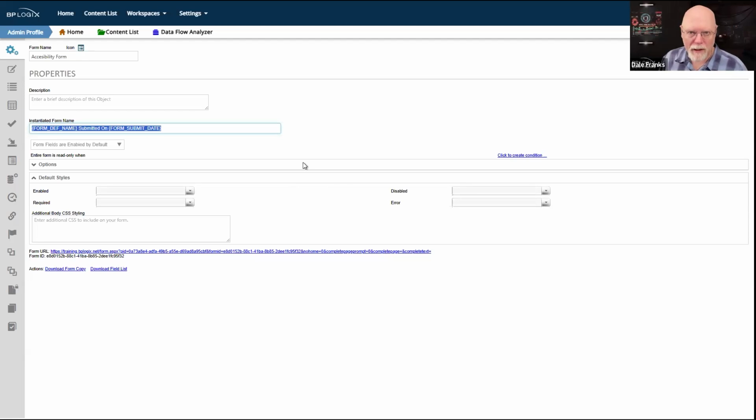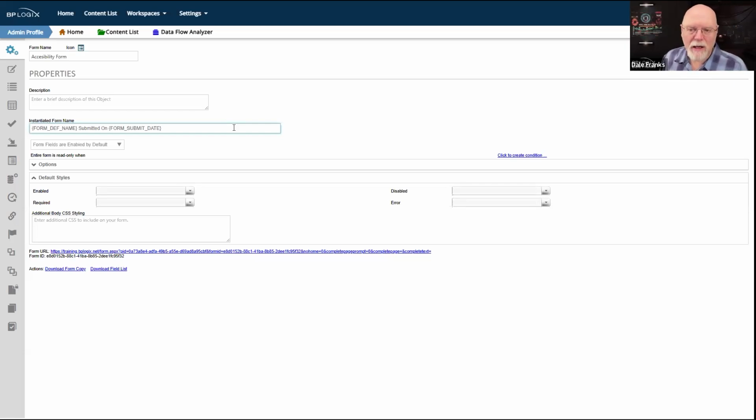So it should probably contain some sort of request number or other unique value or values that you could use to identify specific form instances once the form has been submitted. But by default, we place this property in every new form or form definition that you create. So there is already a default instantiated form name.